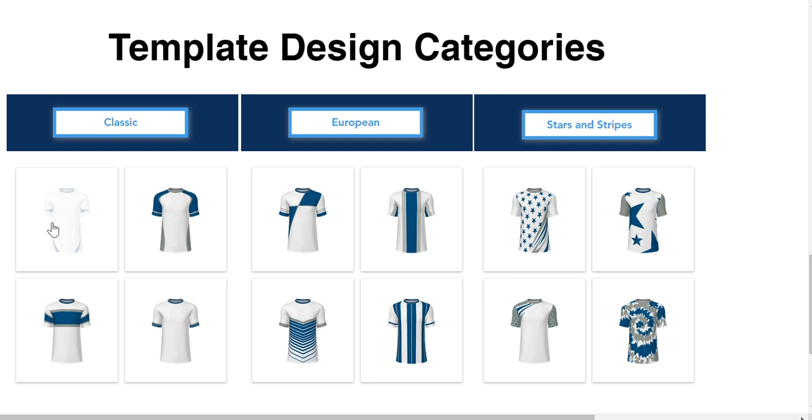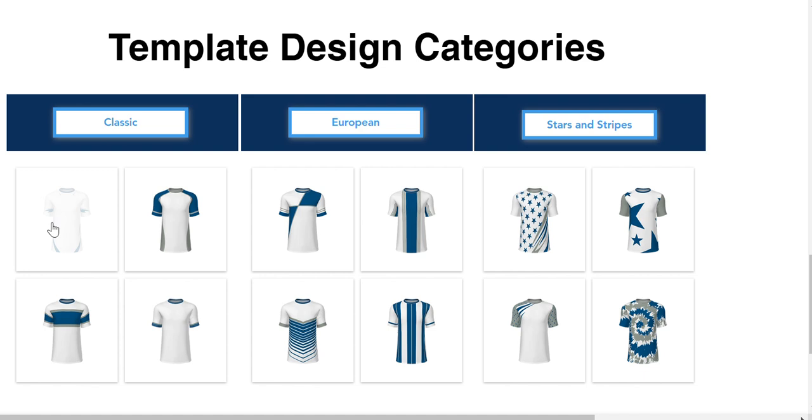This is a short video to help you navigate through our online uniform builder. So we're going to start the process after you have selected your jersey style or your garment style, whether it's a 2-button, full button, crew neck, or V-neck, you'll choose your style and then it'll take you to